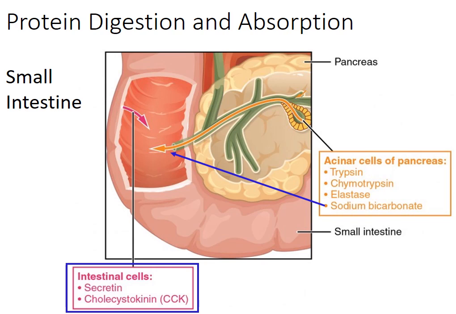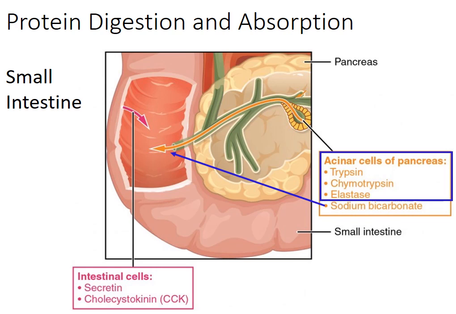Secretin is released by small intestine along with other digestive hormone cholecystokinin, which stimulate digestive processes to break down the proteins. In addition, the pancreas releases most of the digestive enzymes, including the proteases trypsin, chymotrypsin, carboxypeptidase, and elastase, which help in protein digestion. Together, all of these enzymes break complex proteins into smaller individual amino acids.